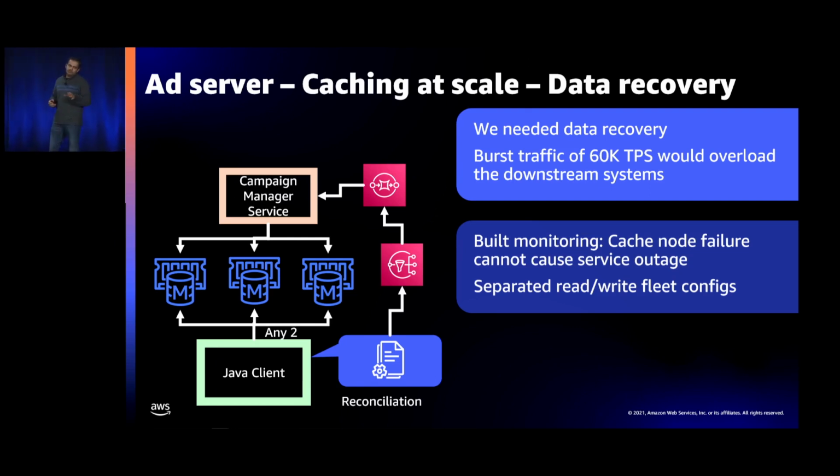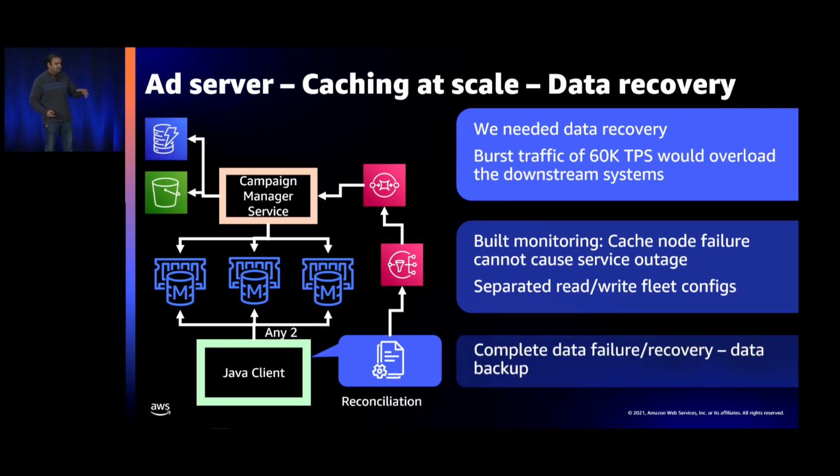What we saw practically was that caches are pretty highly available. They don't go down so easily. And what we focused on was, rather than having all the data in the caches, focus on the hit rate in the caches. So if the data is being read, that will be reconciled and that will be made available automatically. Your business will not be impacted by this. However, to play safe, we built dynamic configurations and we separated which cache replicas we are reading from, and which cache replicas we are doing reconciliations on.